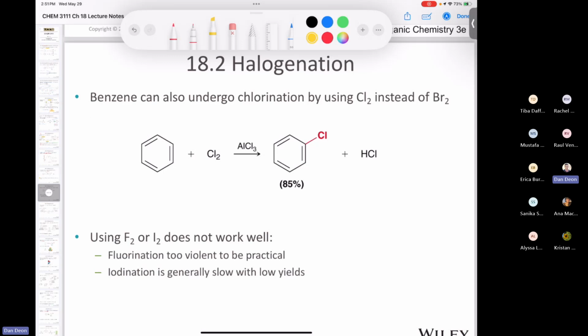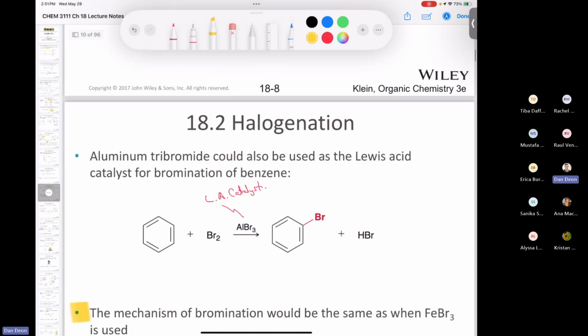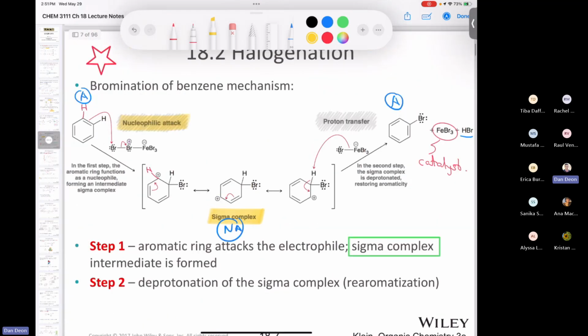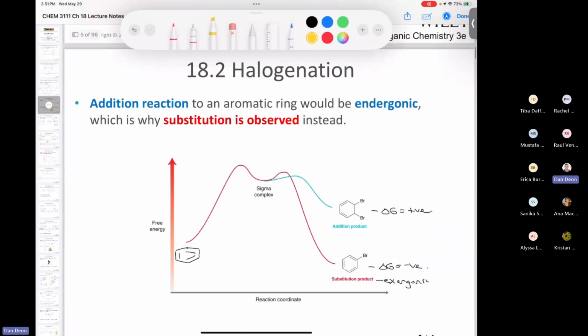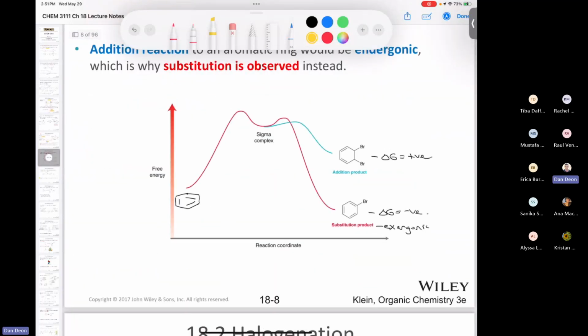And in that case, we undergo chlorination. So now what have we learned? We've learned 2 reactions. We've learned that you can do bromination. Okay, so let's back up. Anyhow, I guess we could just say here,